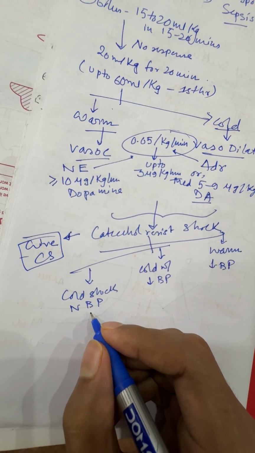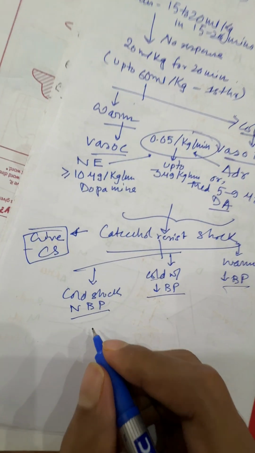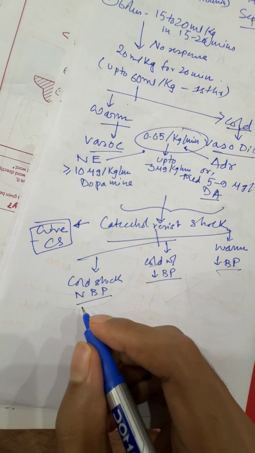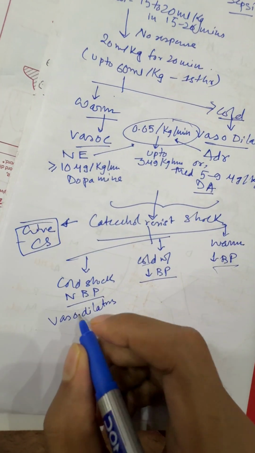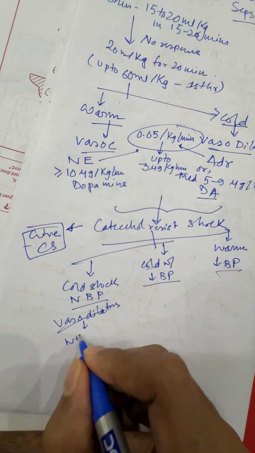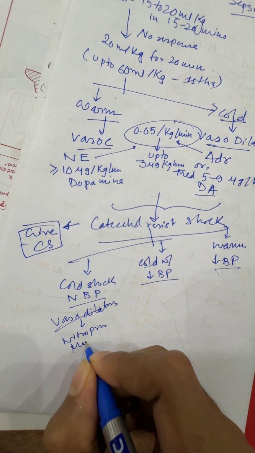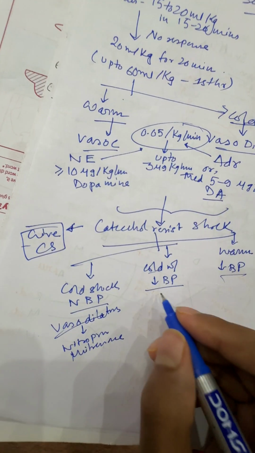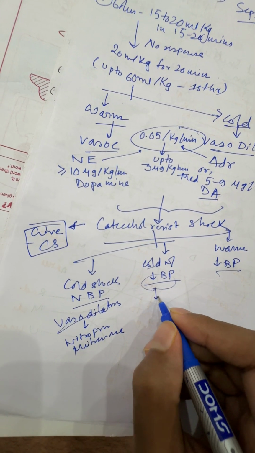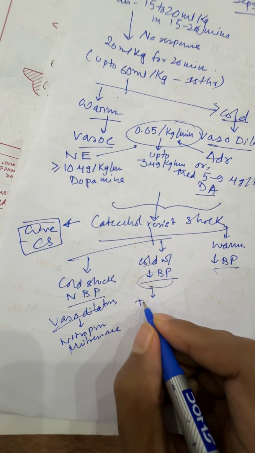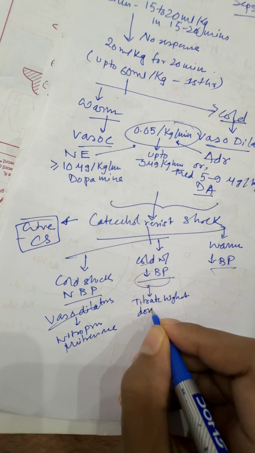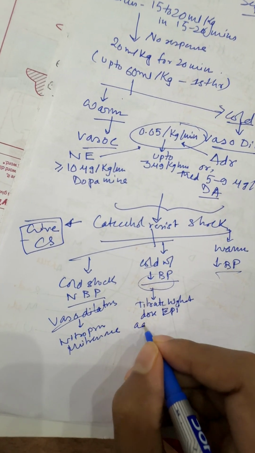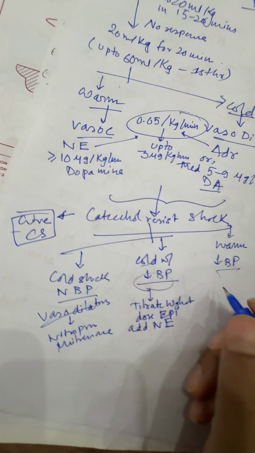In the first case, since the BP is normal and still the patient is in cold shock, we have to dilate the vessels. So we have to give vasodilators, for example nitroprusside, milrinone. If it is cold shock with low BP, we have to increase the BP, so we have to titrate the highest dose of epinephrine, adding norepinephrine as well. And if this is the